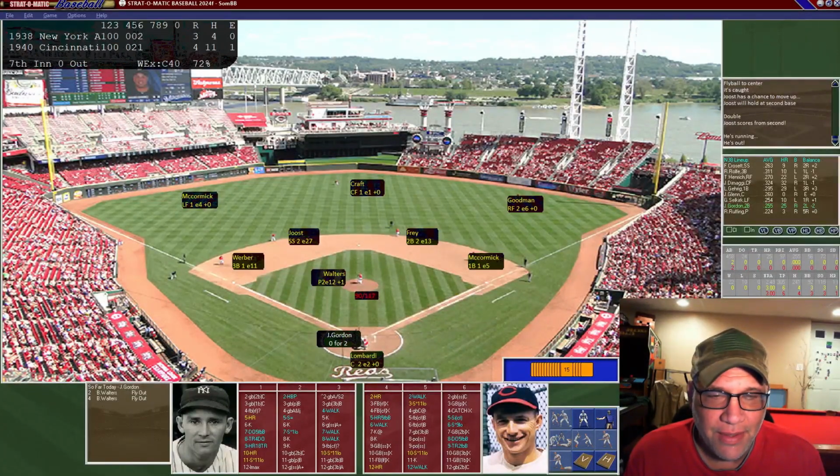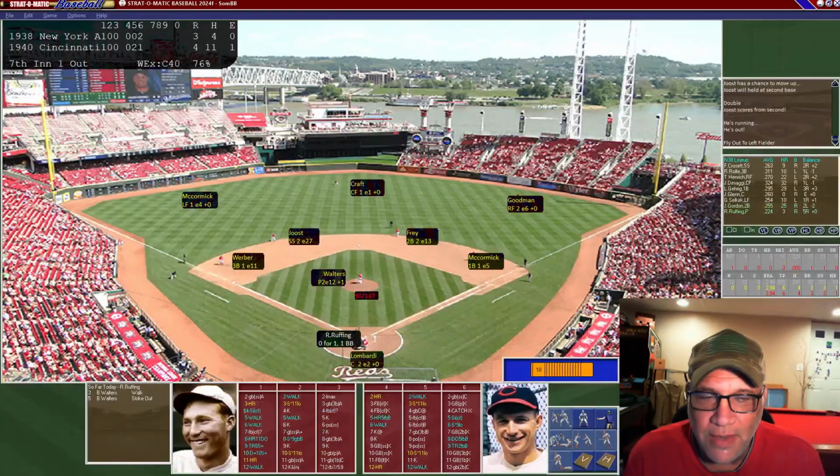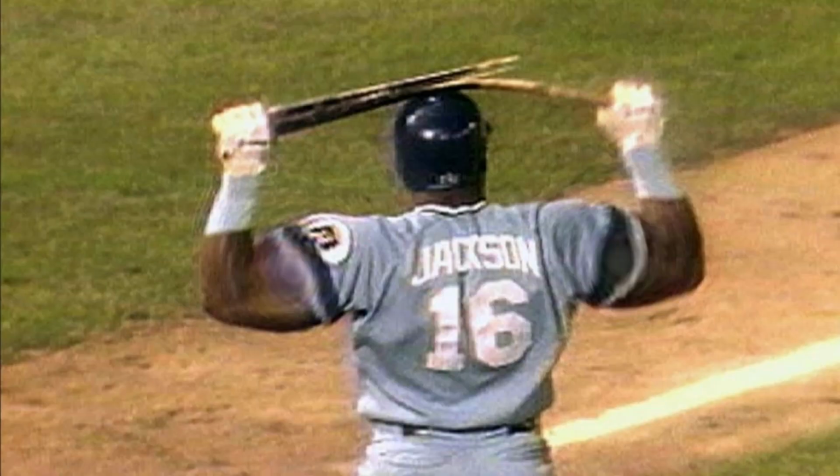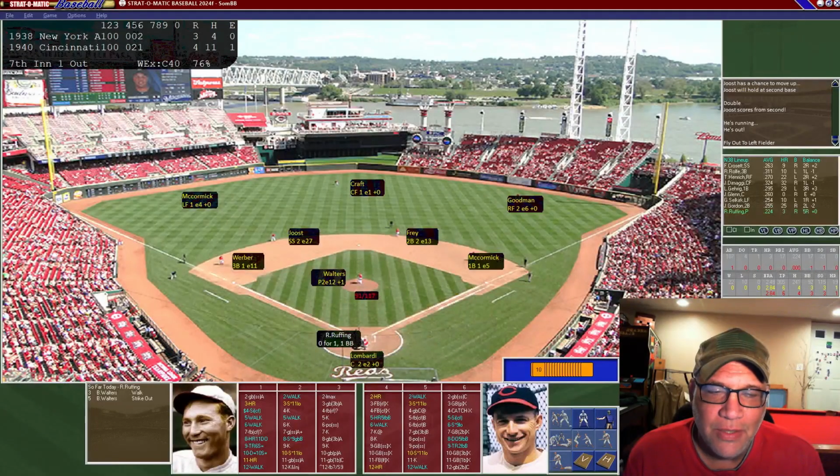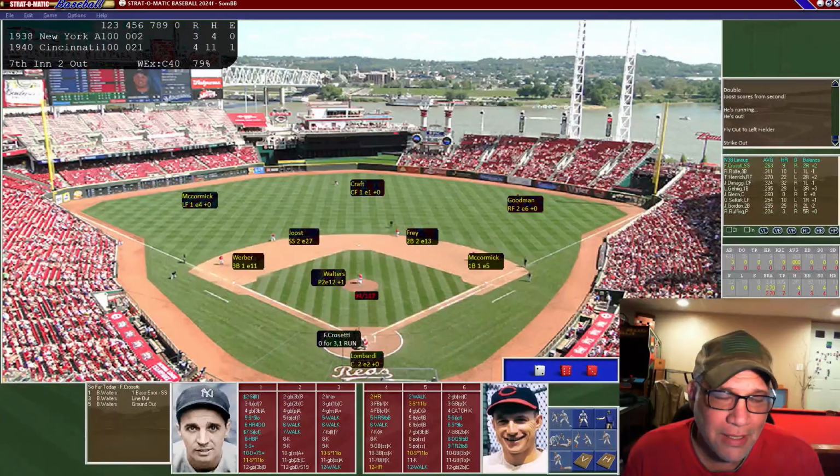Top of the 7th, Walters still on the mound. Joe Gordon going to lead us off, our number 8 hitter. Here's the pitch, and he needs a 1-5 on the pitcher's card. It needs a 1-5 for a home run, and it's going to be a 10. Disappointed! Unlucky, as we do not get the 20-die roll, and now Red Ruffing is up. We're going to go ahead and let him hit. He has a pretty good card, but unfortunately, on the 2-9, he is going to be